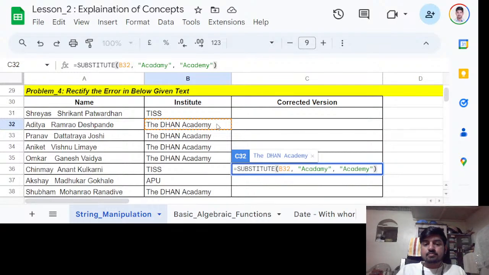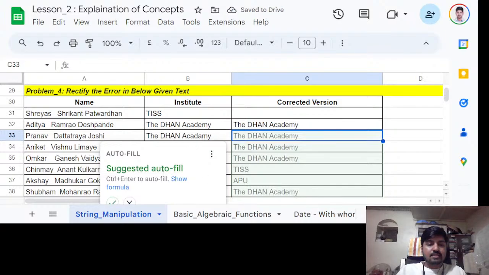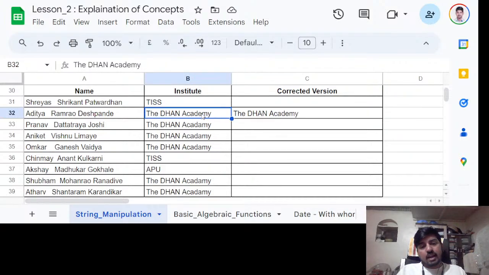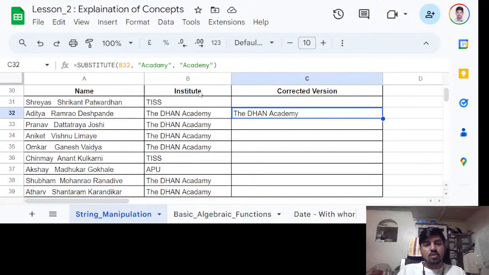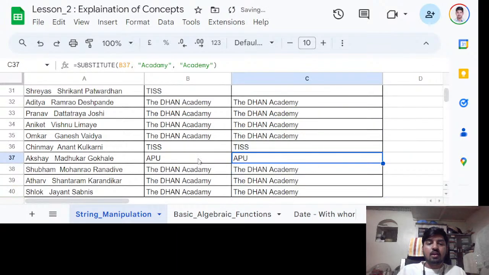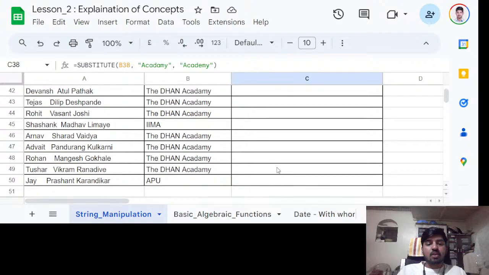We will explore that. When I click OK, now you can see the beauty of this formula. As there was already academy, nothing changed because it was not able to find the academy, and without complaining or giving an error, it has returned me the same string. But if I drag and drop below, here you can see there is A here. So it was able to find the academy and it has been replaced. So if I drag and drop below, wherever there is no need, it will not change, and wherever there is need, only that has been changed. So that is the beauty of this